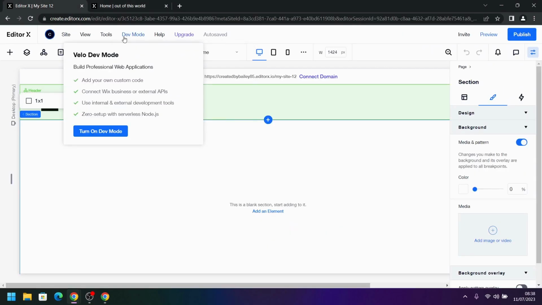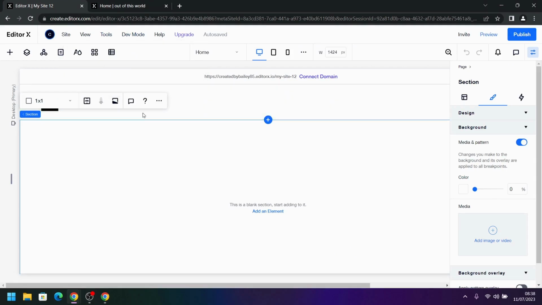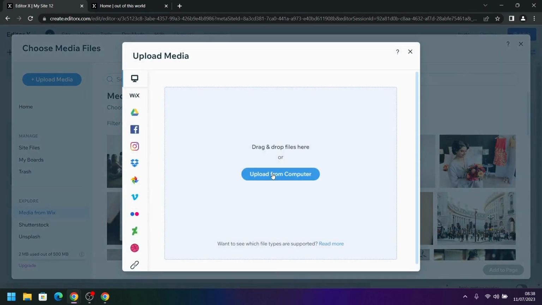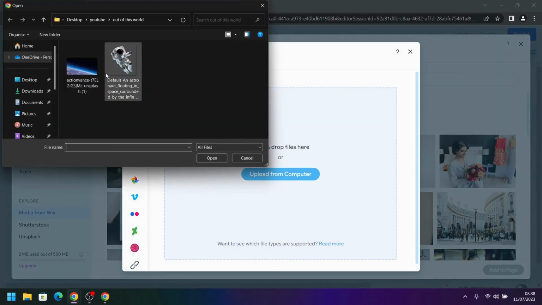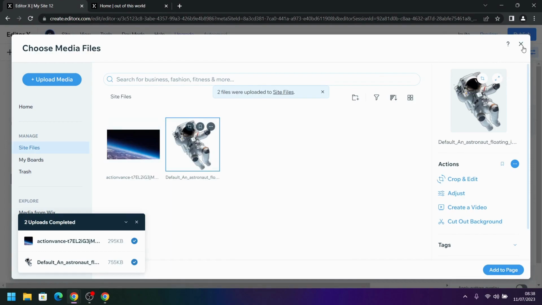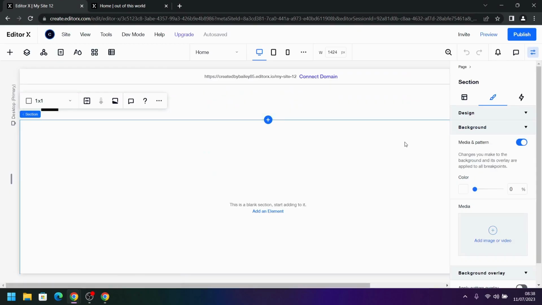Okay, the first thing we're going to do is upload our images. We'll click on the Tools, Multimedia Manager, Upload Media. I'm going to upload from my computer, select both the files and open. Now that they have uploaded, we're going to add our background image